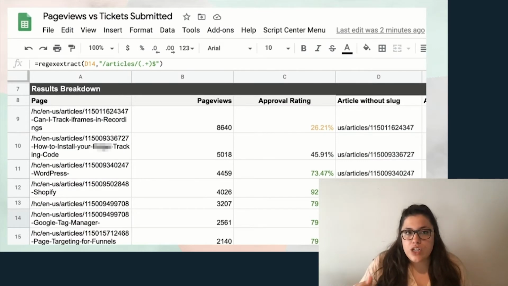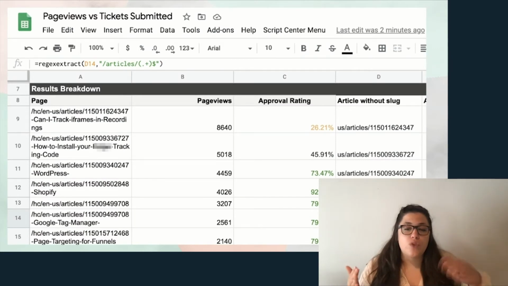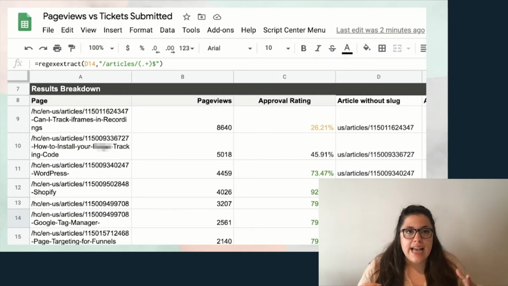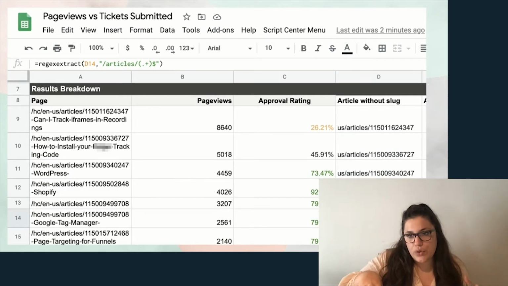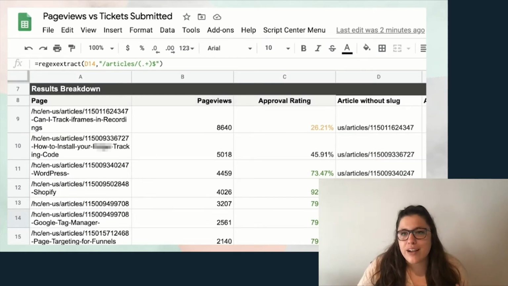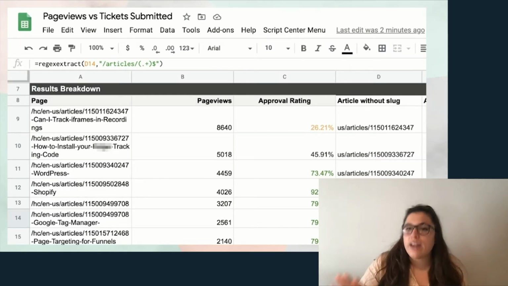So after it's calculated, you have your approval rating, and then you also have the total page views, like I mentioned. In this case, we color-coded our approval rating. If it's 100 to 70%, it's green, and we know we don't really need to look into it. It's great for now. Then anything below 70 to, I believe, about 50 or 45, we have this black color so that it doesn't really pop out to us, and we can just say, all right, you're there. We might need to look at you in a bit.